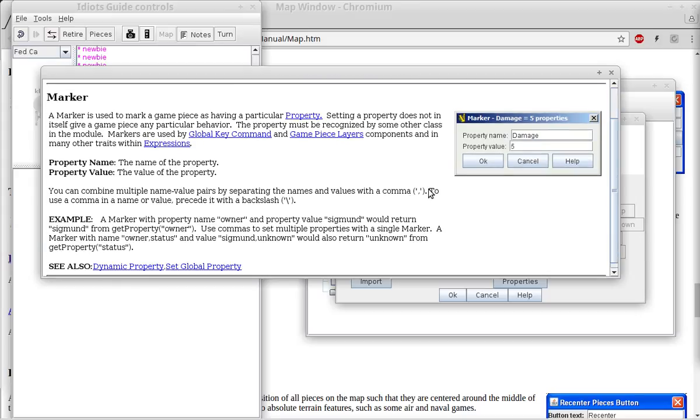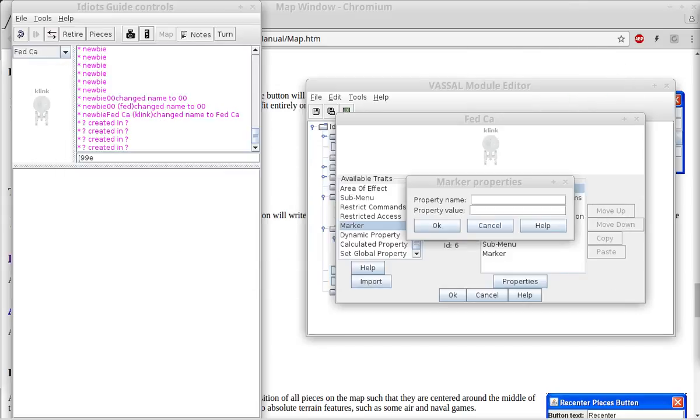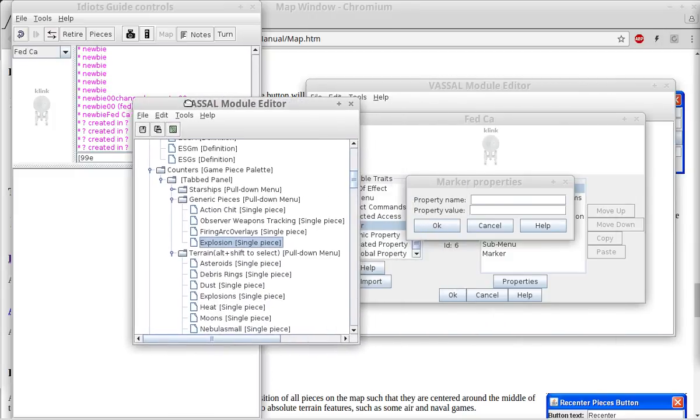And we go down here and it's got an example. A marker with a property named owner, property value Sigmund, would return Sigmund from get property owner. Use commas to set multiple properties with a single marker. A marker with name owner, comma, status, and value Sigmund, comma, unknown would also return unknown from get property status. So if there's some sort of a query for finding out who owns a piece, you can set that up that way. Now in my Starfleet Battles setup,